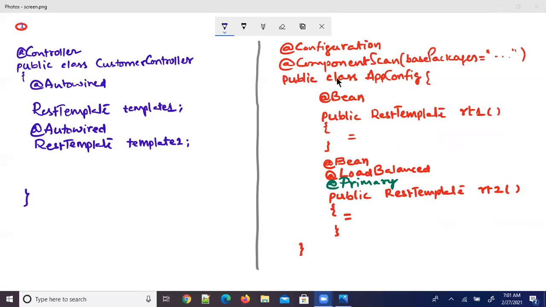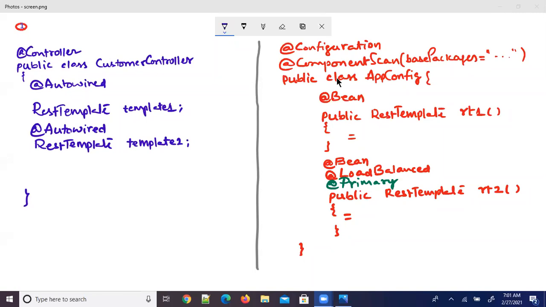So right now in this code, a load balanced REST template object is going to be injected in both template 1 and template 2. But my requirement is that in template 1, an ordinary REST template object needs to be injected, and in template 2, a load balanced REST template object.